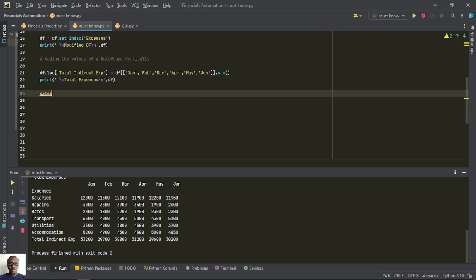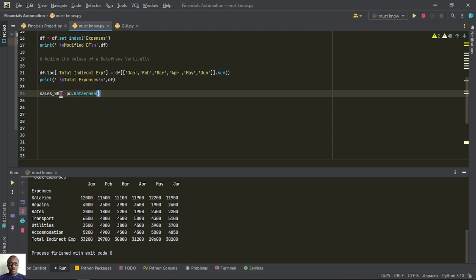Let's call it sales_GP, sales gross margin, is equal to. I want to create a dictionary, and that dictionary I need to put within a data frame. So I'll start with pd.DataFrame,